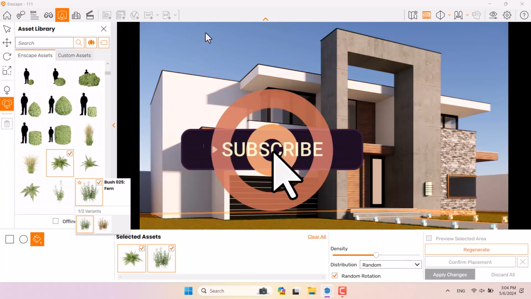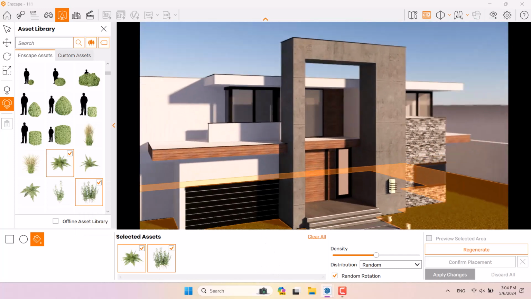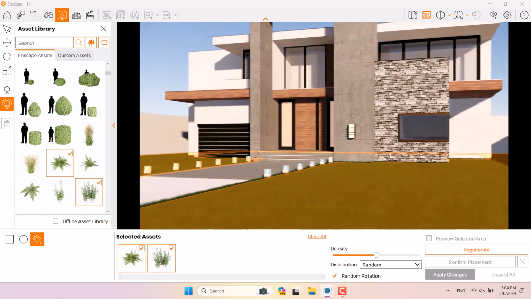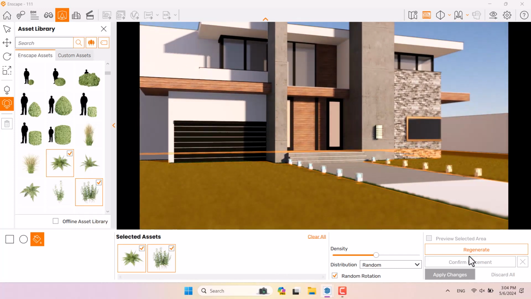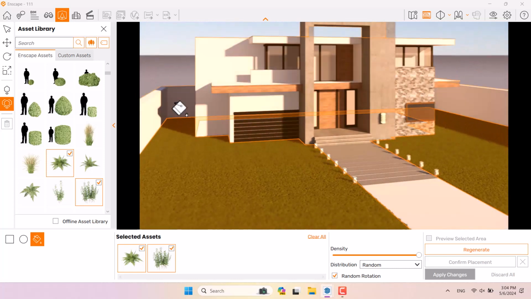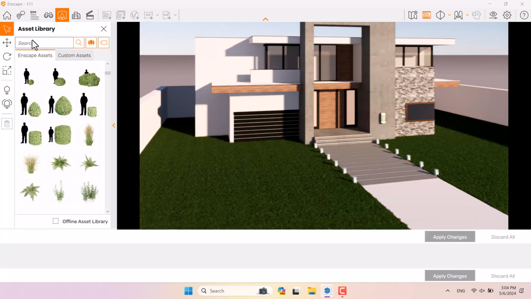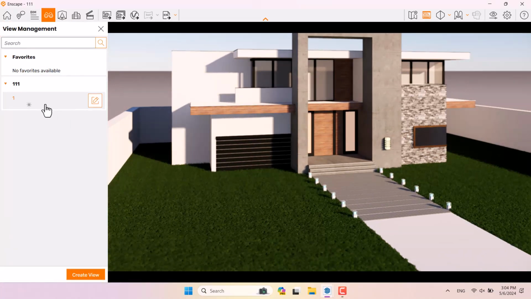When you click on it, you can see a bunch of them will be generated for you. But right now I don't know why it doesn't work, maybe because the surface is not really clear. If you click on regenerate or increase the density, maybe some of them will be activated for you. If it's not happening, you can click on clear all in here, press selection,